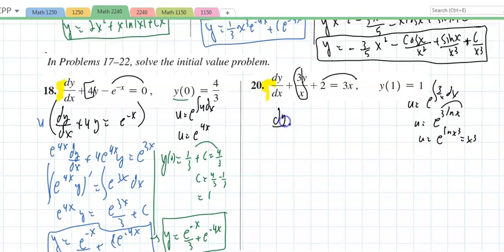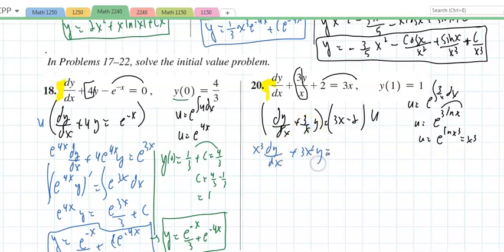So I have dy/dx plus 3 over x y equaling 3x minus 2. If I multiply by u both sides of the equation, I'm looking at x cubed dy/dx plus this is going to be 3x squared y equaling 3x to the fourth minus 2x cubed, and this is the derivative of x cubed times y,